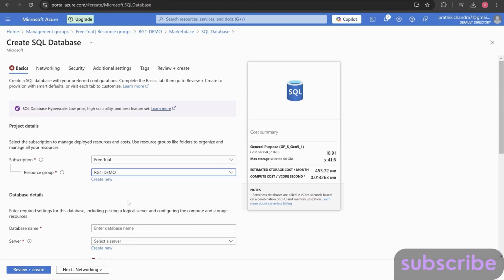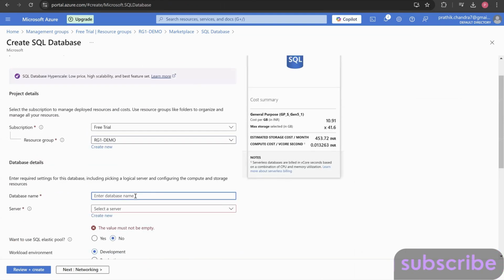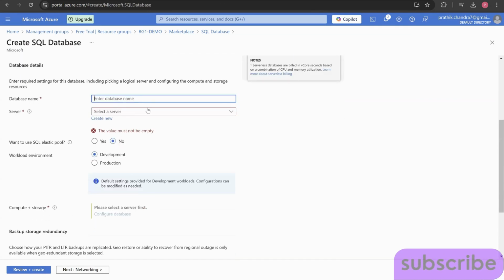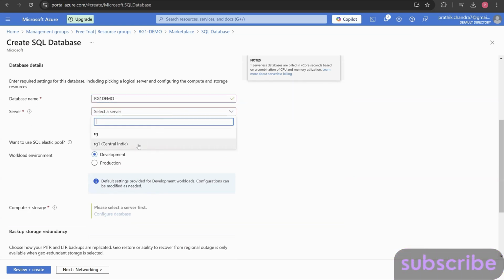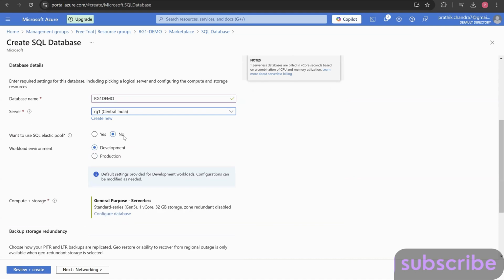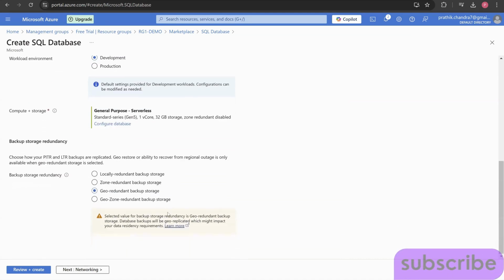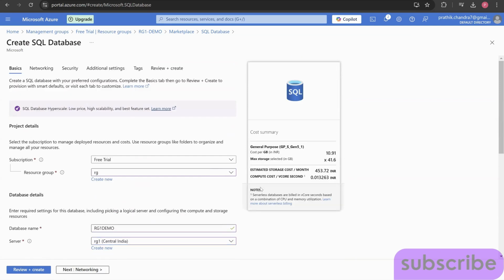Over here, if you click on RG1 demo, you can just give any username. After you click, write a database name. You can give any database name, like RG1 demo. It says it's available. Server is nothing but RG1 Central India. I'll click on that. Want to use no development? No. And after that, as you can see over here, select all the